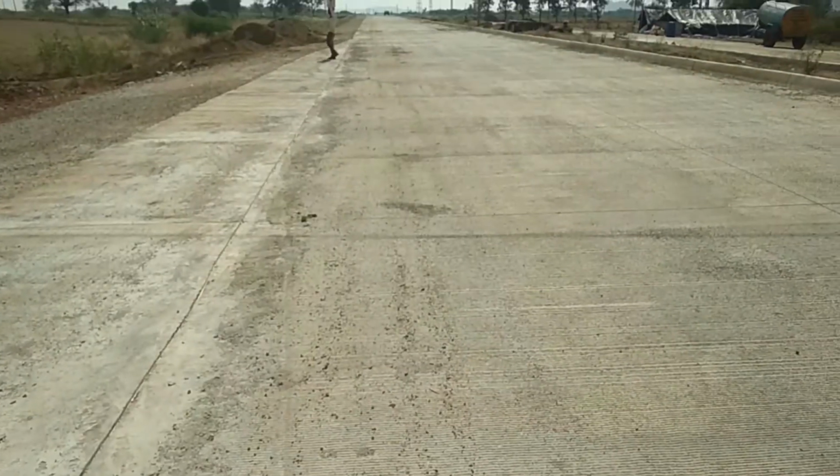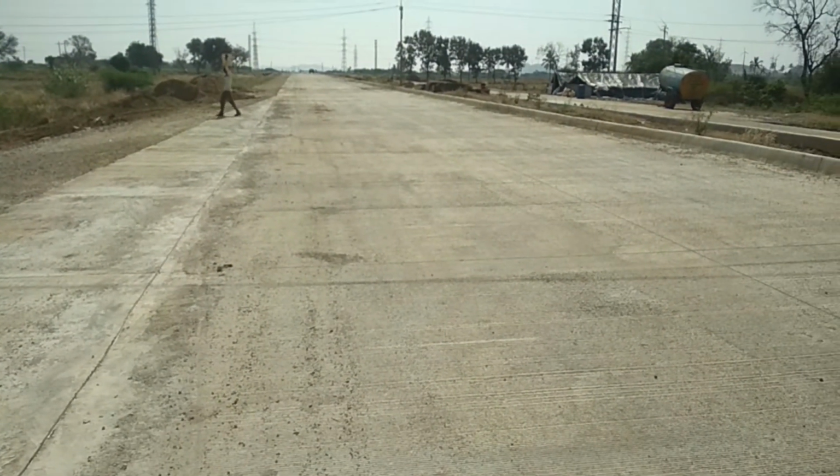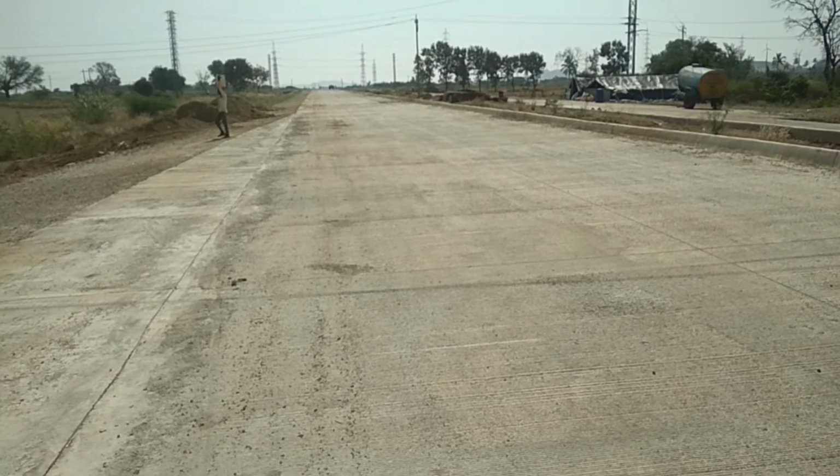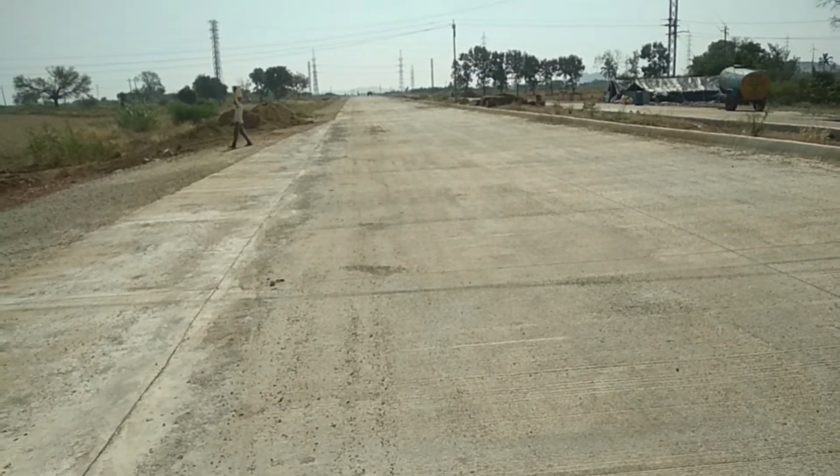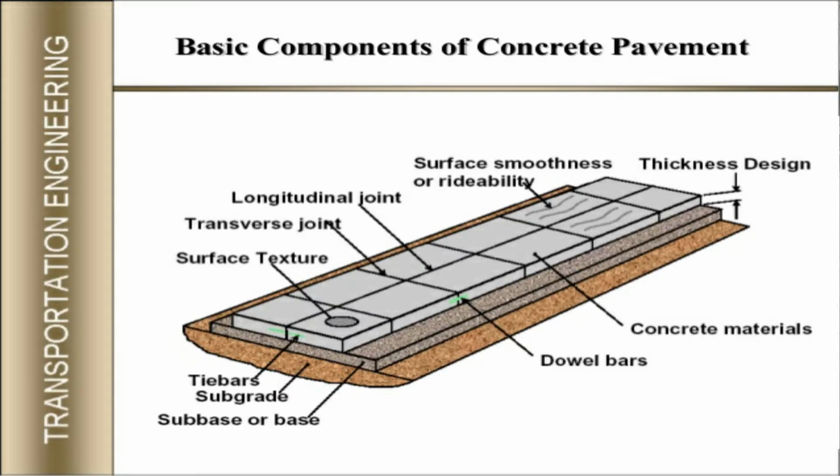Hello all, as you can see, this is the rigid pavement. Why are these expansion joints required? The first question arises. As we all know, concrete is a rigid material in nature with low flexural strength,